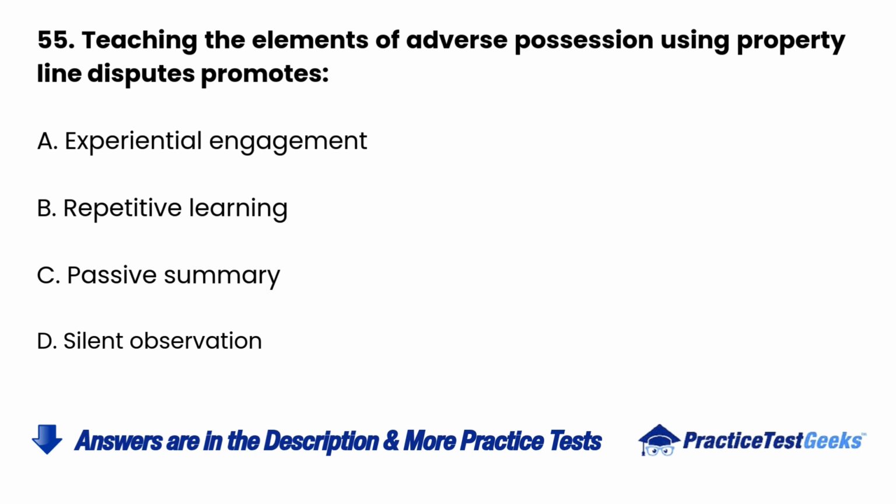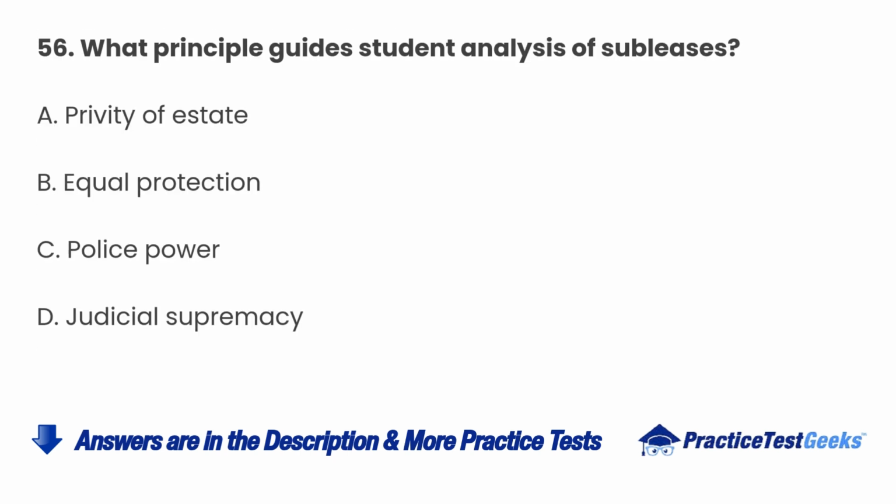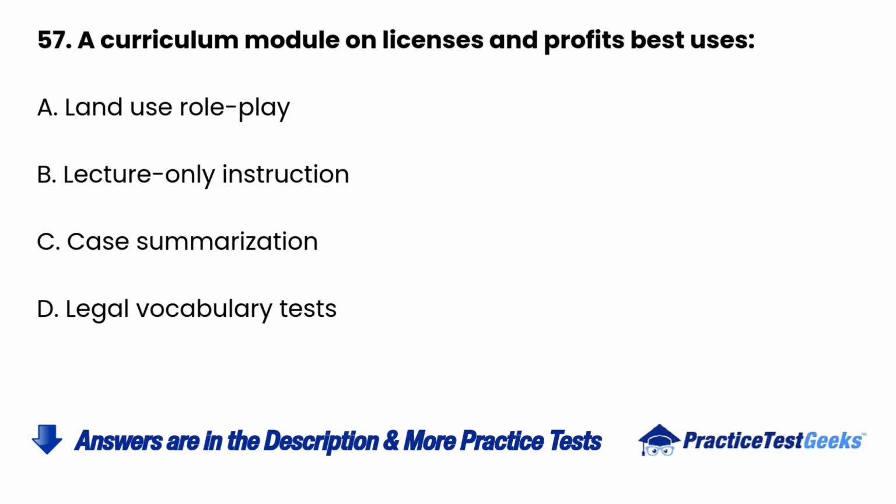55. Teaching the elements of adverse possession using property line disputes promotes A. Experiential engagement. B. Repetitive learning. C. Passive summary. D. Silent observation. 56. What principle guides student analysis of subleases? A. Privity of estate. B. Equal protection. C. Police power. D. Judicial supremacy. 57. A curriculum module on licenses and profits best uses